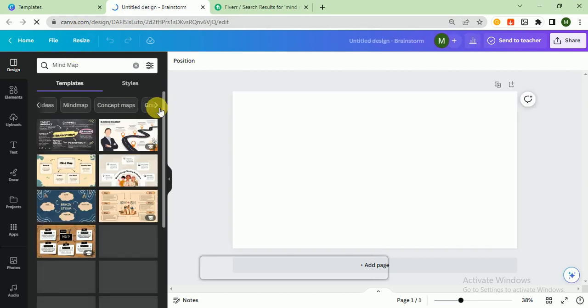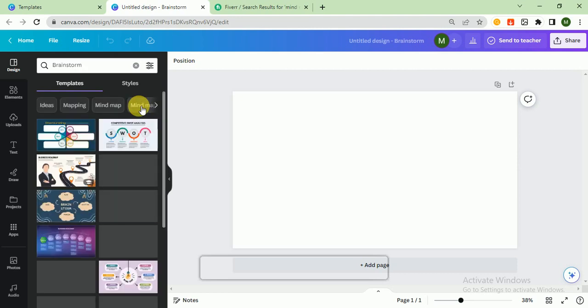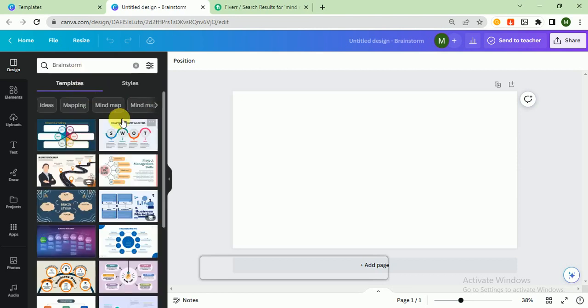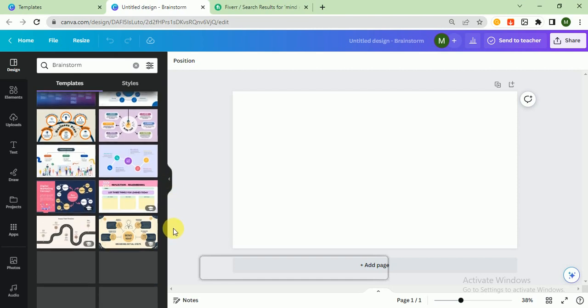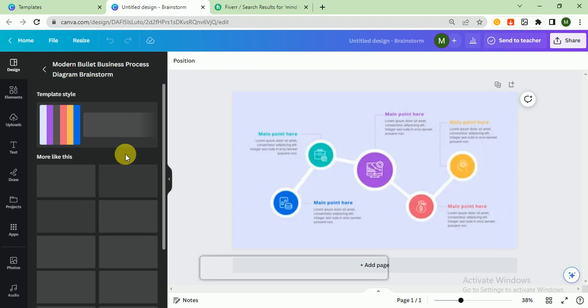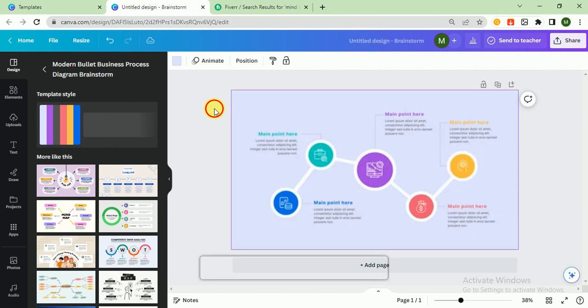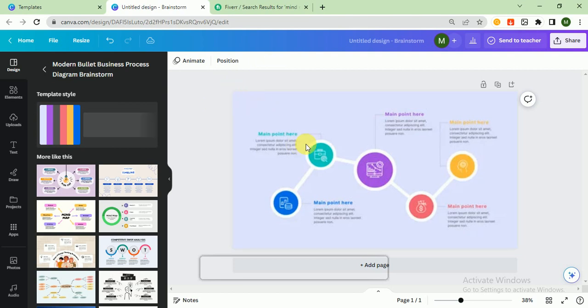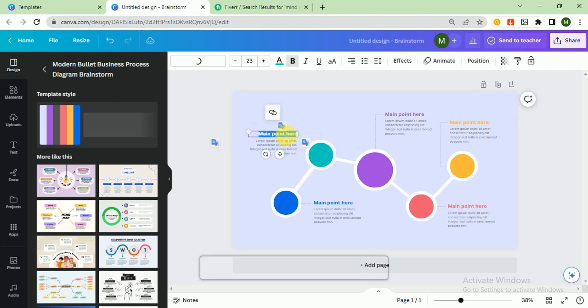So as you can see, he also writes categories. So I want to create a brainstorm and my mind map, sorry. So I think this one is good. Yeah, this one is good. So as you can see, this is a good mind map. You can just easily customize it for the first point, like